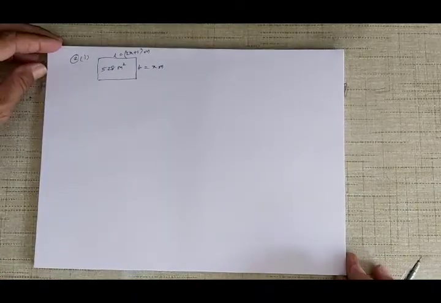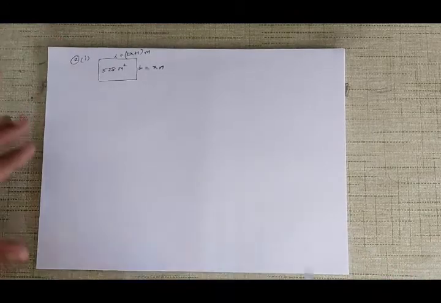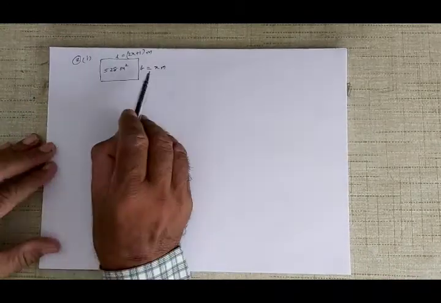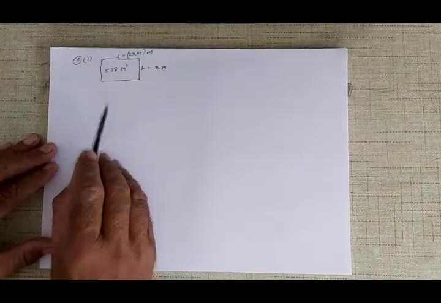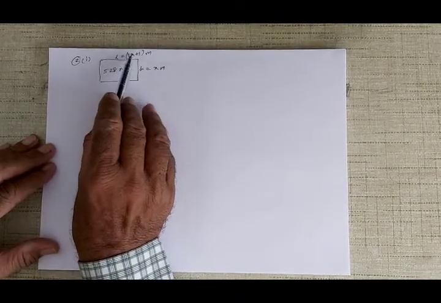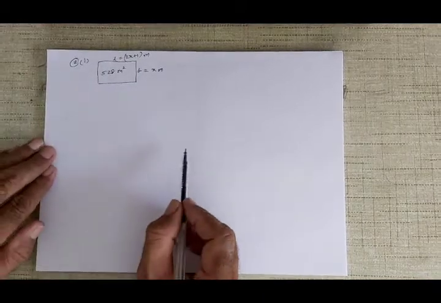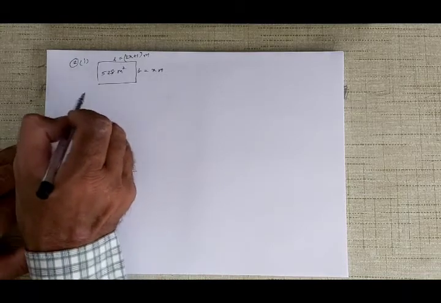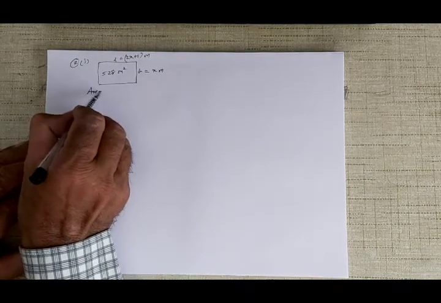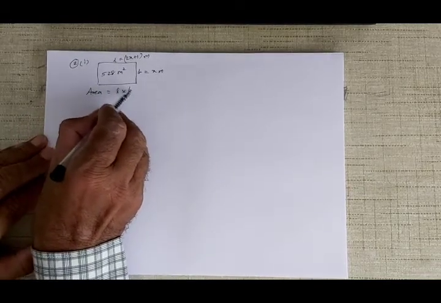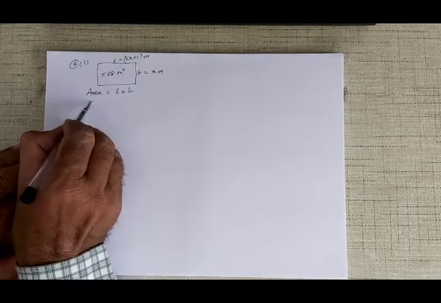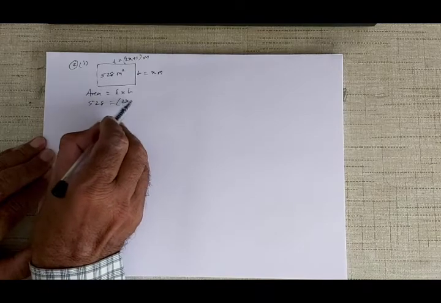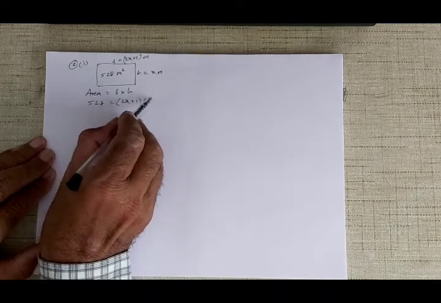Okay, what are we given? A rectangular plot of land. In this rectangular plot of land, the area is 528 meters square. Suppose the breadth of the rectangle is x meters, then the length of the rectangle is 1 meter more than twice the breadth. Okay, we need to find the length and breadth of the plot. So now you know that area is equal to length into breadth. Area is given as 528. Length we have just assumed as 2x plus 1, into x.